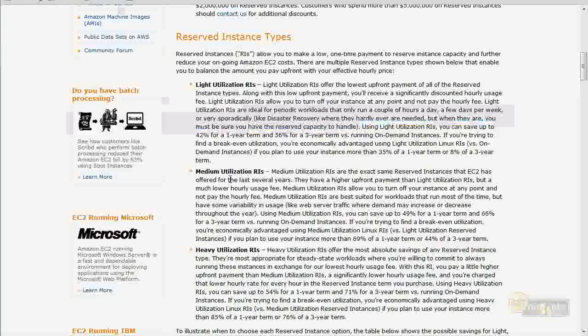Now, medium is the exact same reserved instance that they've offered over the last few years. By the way, light, medium, and heavy is a new thing. This didn't used to be there, so this is a new tier of pricing. For medium, they're saying it's for workloads that run most of the time but have some variability in usage, like web server traffic that comes up and comes down through the year. Heavy utilization is where you're using them all the time, like you're pretty much planning that this server is